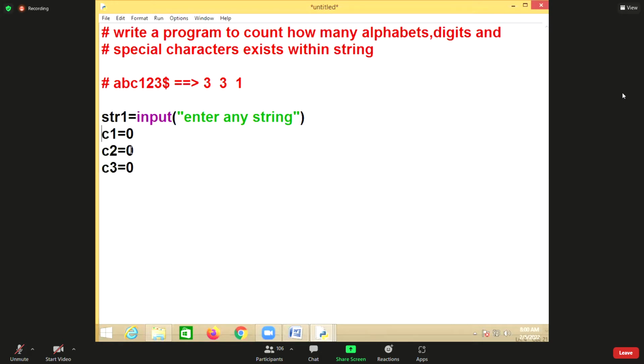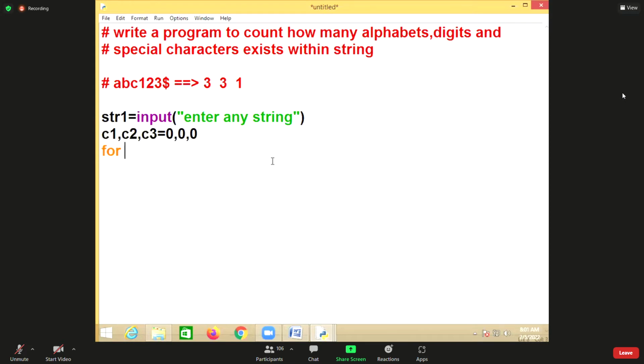Instead of writing three statements, I can write C1, C2, C3 equal to 0, 0, 0. So we are assigning multiple values to multiple variables. The value of C1 is 0, C2 is 0, and C3 is also 0. You can write like this.